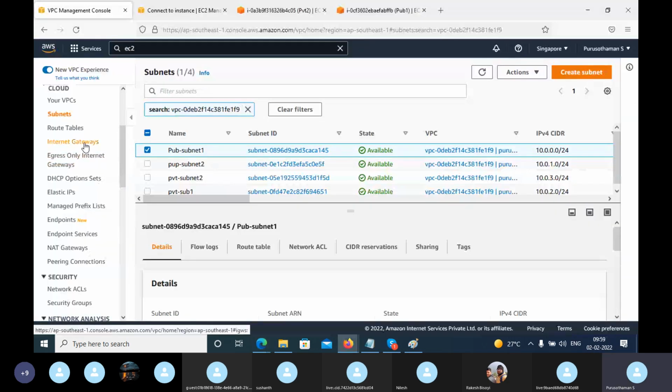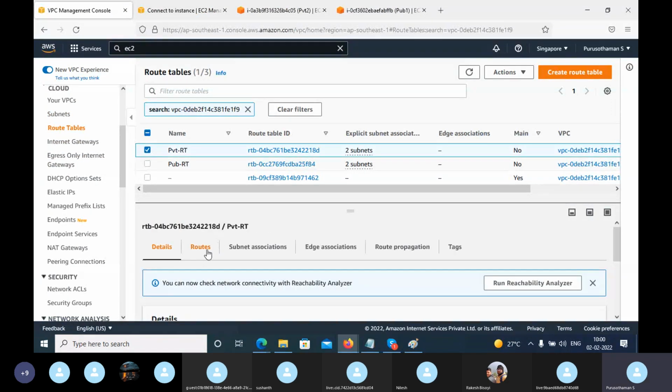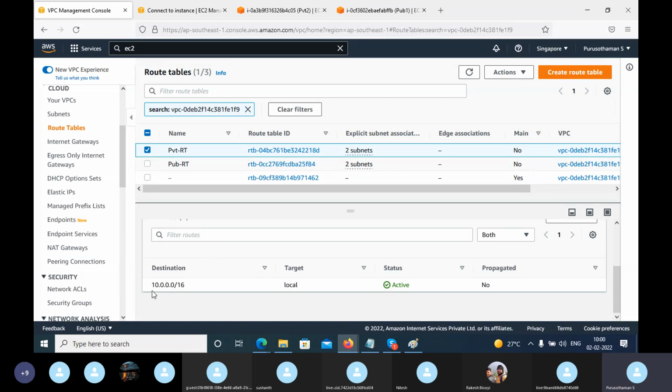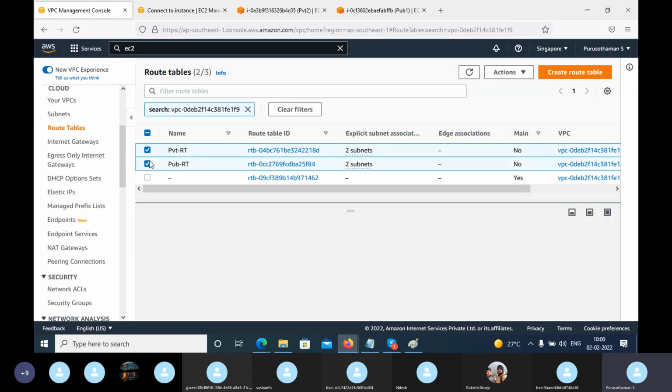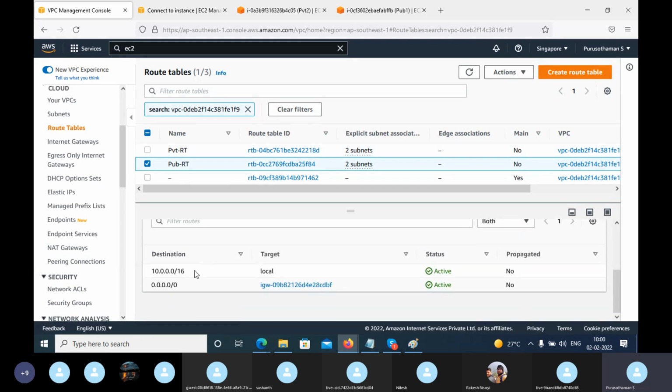Let's come to the route table column. In the private route table, under the routes option, you see only the private route. When you come to the public route table, you have 2 routes, one for your private communication and another one for your internet gateway communications. So this is how it is different.